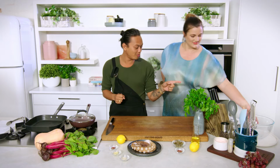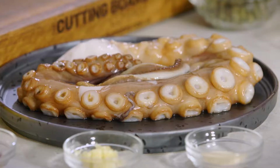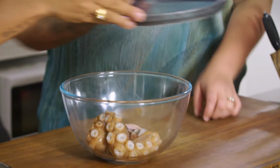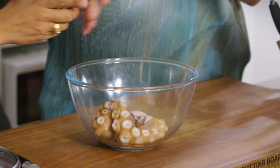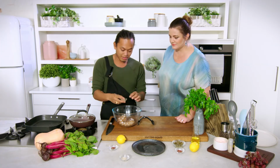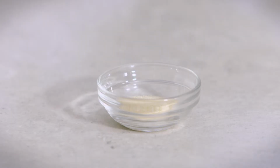So this looks like lunch to me. Could I please have a bowl from you? There you go. Gorgeous. So basically the octopus has already been tenderized. All the hard work's been done for you. It goes straight into the bowl. So you can buy it tenderized? You can buy it tenderized just from your fish person. Fishmonger? Yep. Lovely. In goes some garlic, yum,